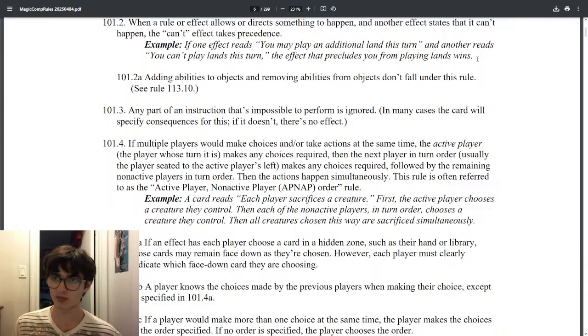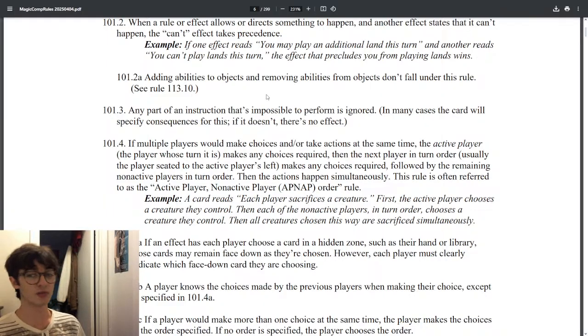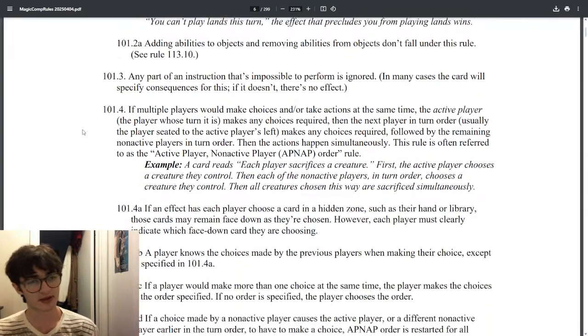If you have a card that says you may cast creature spells, and an opponent has a card that says that player cannot cast creature spells, you can't cast creature spells. It just doesn't work. 101.2a. Adding abilities to objects and removing abilities from objects doesn't fall under this rule. I'm confused about that. We'll get there.